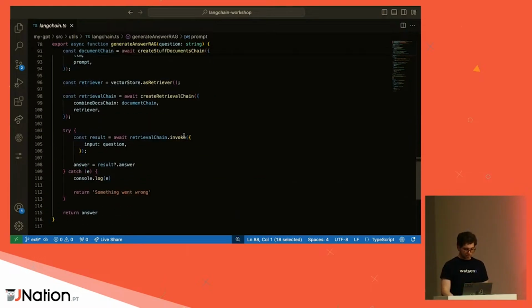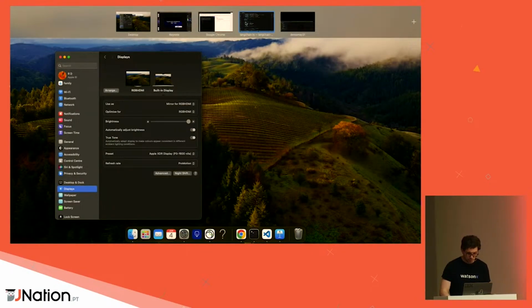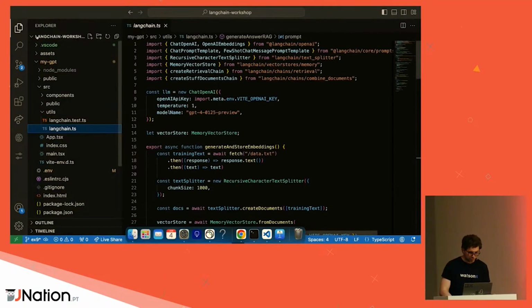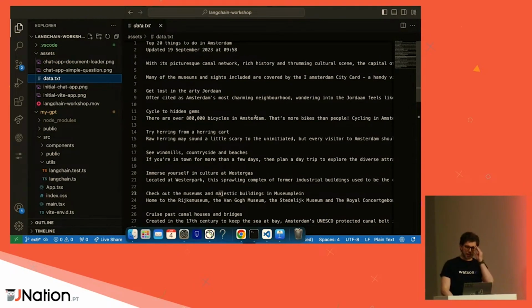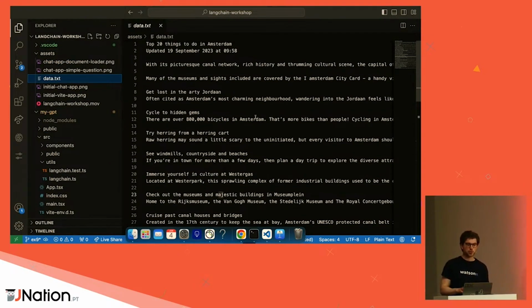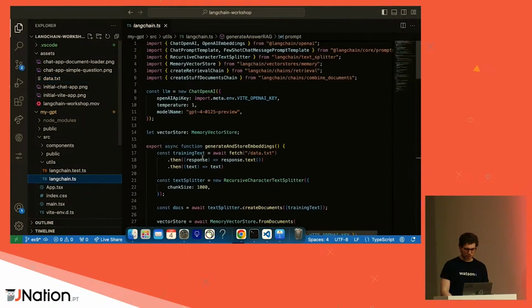And this is still like 100 lines of code, which is quite a lot. And I have it running somewhere. So let me first show you the data, so you know what the data looks like. So this is my data. It's a blog post about the top 20 things to do in Amsterdam. I'm living in Amsterdam, and I can confirm these are pretty nice things to do there. There are also the more touristy things, but it's completely fine for this example. And somewhere in here I said,